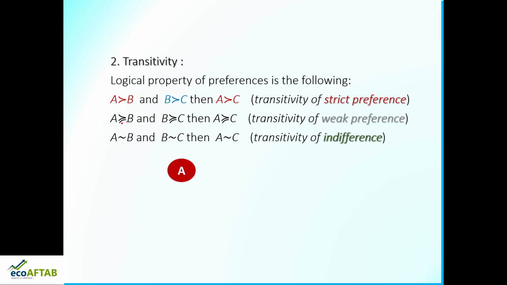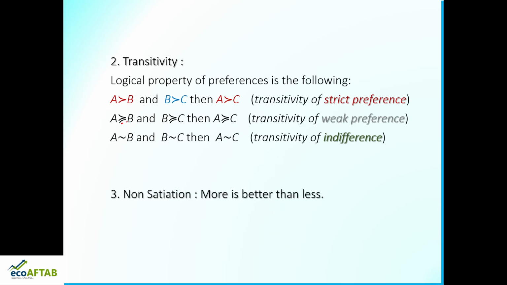So if I take the same example, in the first case there are two bundles A and B, and you prefer A to B, it means you don't want B, you want A. In the next situation, again there are two bundles B and C, and if you say that you prefer B more than C, meaning you are giving preference towards the B bundle. And in the third case, if the bundles are A and C, by the law of transitivity it becomes obvious that you prefer A to C. This is transitivity, the second assumption that comes under preferences.